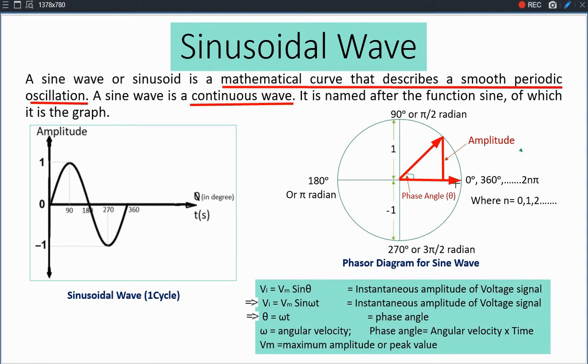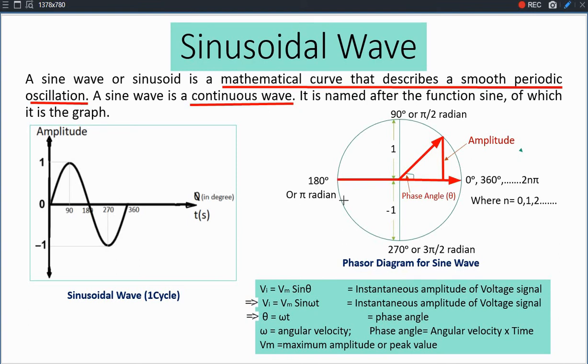And you can observe that when the value of sine theta is moving in the anti-clockwise direction, and it starts from 0 and reaches 90 degree, the values are positively increasing. From 90 degree to 180 degree, the values are decreasing, and at the 180 degree point, the value reaches the 0 position. So this is the negative x-axis, you can say, and at 180 degree the value reaches again the 0 value.